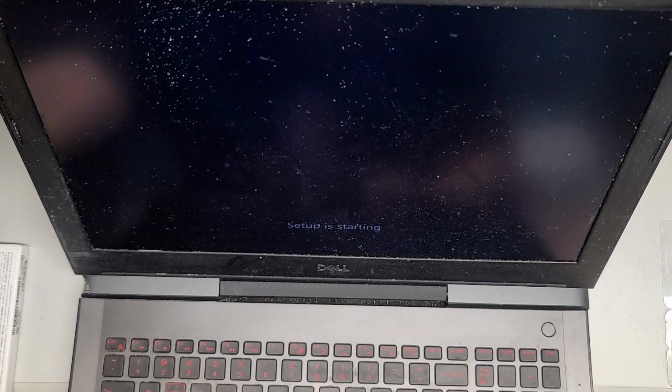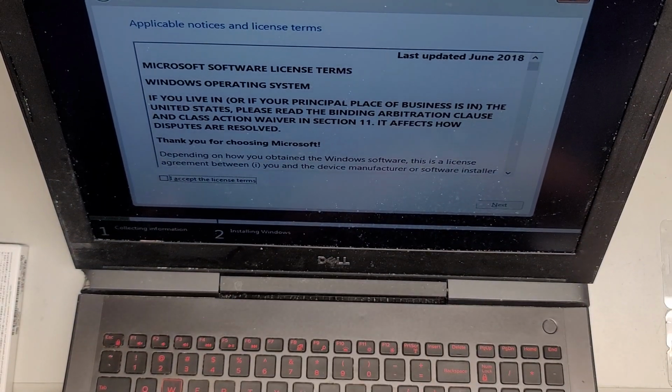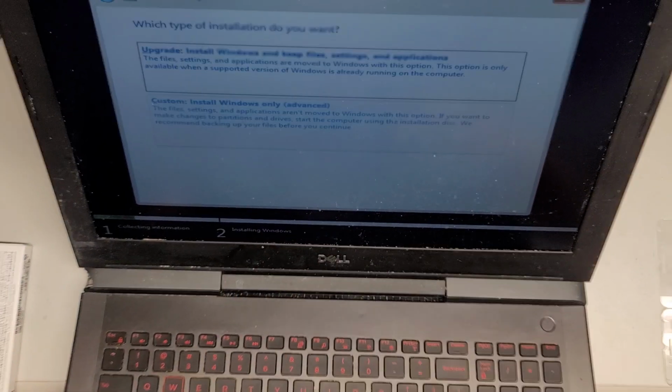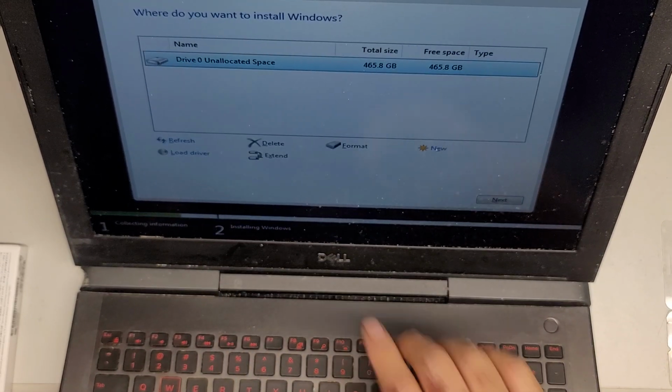I do need to clean this as well. It's pretty dusty. Alright, so there we go. So it pops up here. I'm going to push space to accept the license terms and then press enter. Then I'm going to push the down arrow to go to custom install, press enter, and here you can see